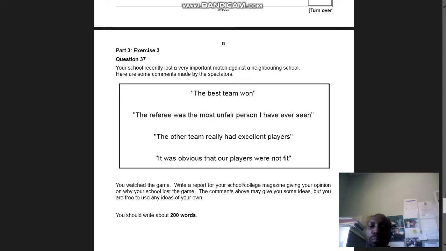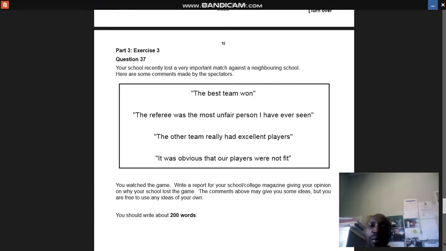So in this case, the question says, write a report for your school or college magazine. In other words, despite that they are saying it's a report, I need now to write it in the form of an article, but it's a report, which means the byline must be written after all paragraphs have been written. For example,